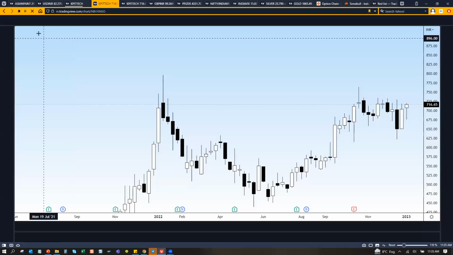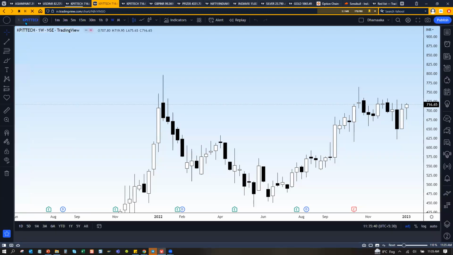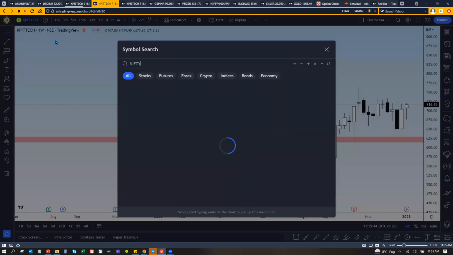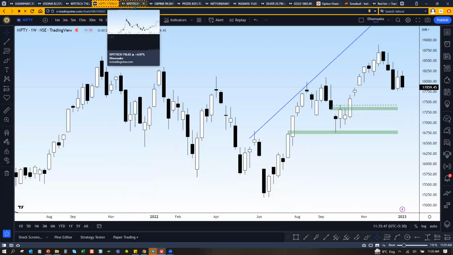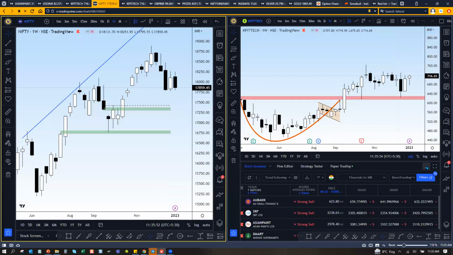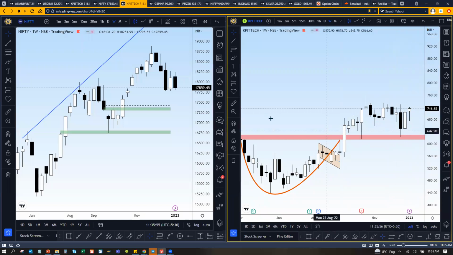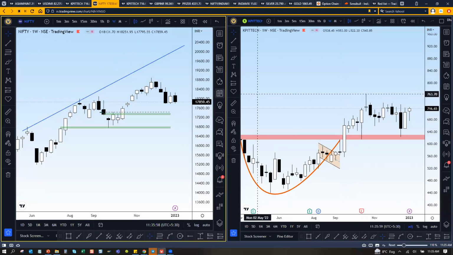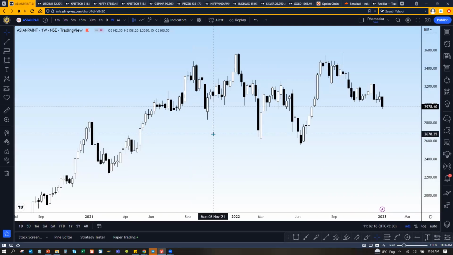Say, for example, this is KPI Tech, and let me change this to Nifty. Now I want to combine. I don't have a free version. You go here and do a tile stack, so it will be combined. This combining is something in a paid version, but you can do it. You can do 4, or Kothari a few days back sent an example with 8 tiles put together. Whatever you have, a delivery or something you're trading. So that's the first thing you all should install: Vivaldi.